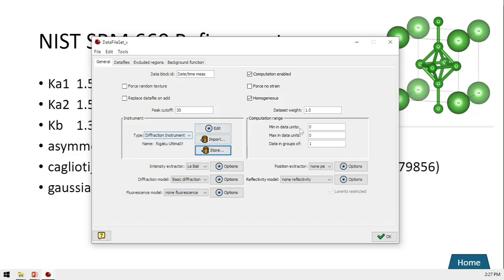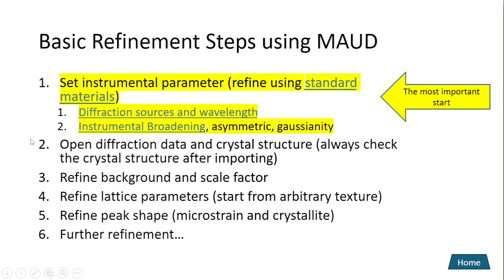Okay, we will not talk more in this area. Now we will go to the second step, open diffraction data and also import crystal structure. So we will open the data.